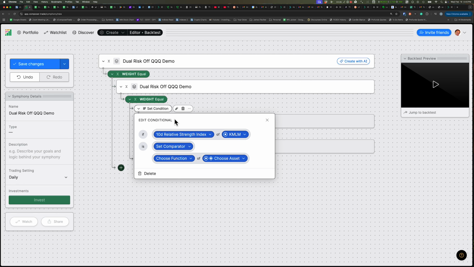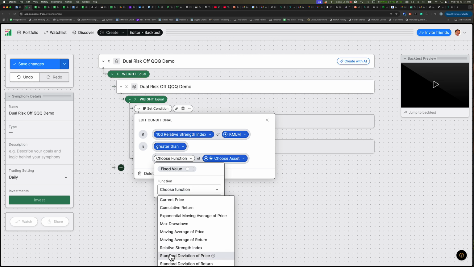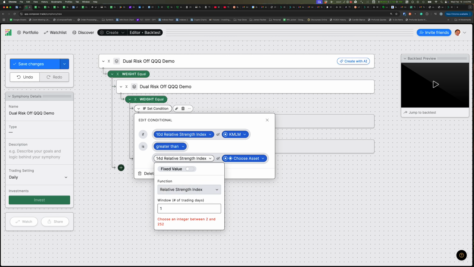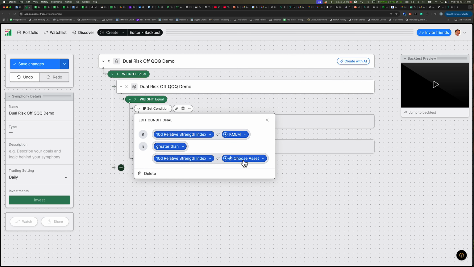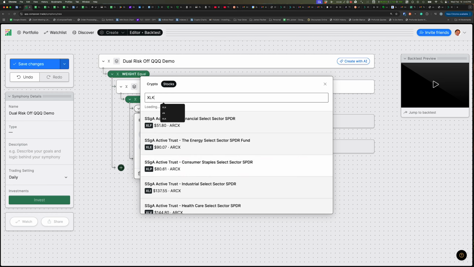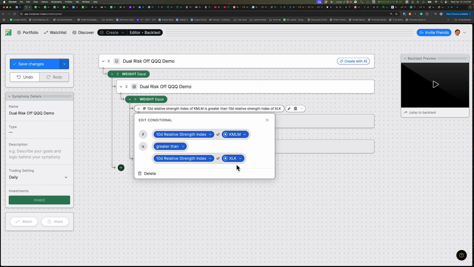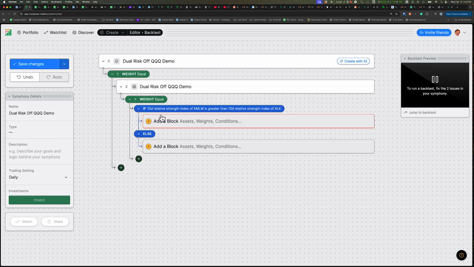So when this is outperforming the tech sector, I'll say is greater than the tech sector, and we're going to say the same thing, relative strength index 10 days. We're apples to apples, and then we'll say XLK. Some of you may know XLK is the technology sector, very, very similar to the QQQ. All right, so we have that. So I'm saying if this is greater than the XLK, I want to go into